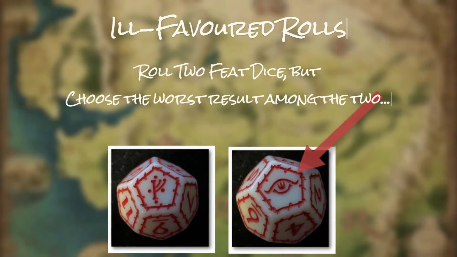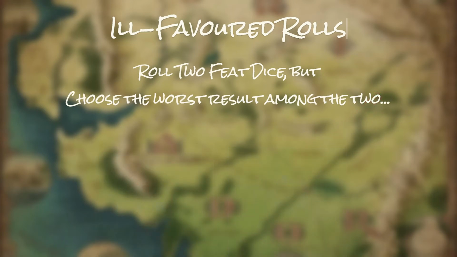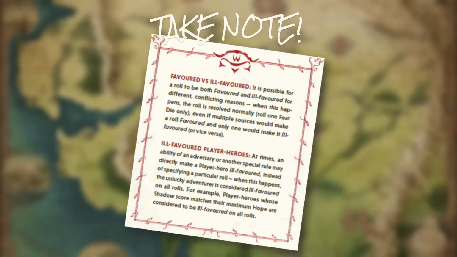This result represents some adverse effect or special ability of an adversary or flaw experienced by the player hero. Page 20 of the core rulebook highlights a special note regarding favored and ill-favored player heroes. It is possible for a roll to be both favored and ill-favored for different conflicting reasons. When this does happen, the roll is resolved normally. Roll only 1 feat die, even if multiple sources would make a roll favored and only one would make it